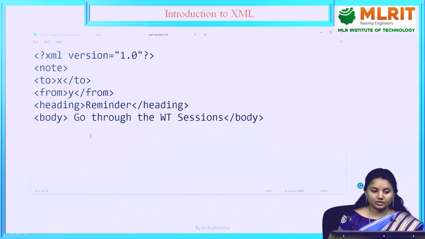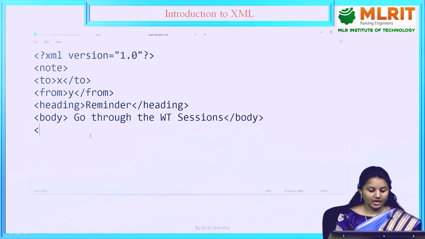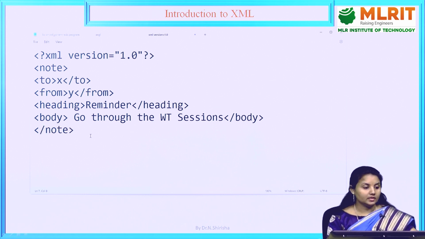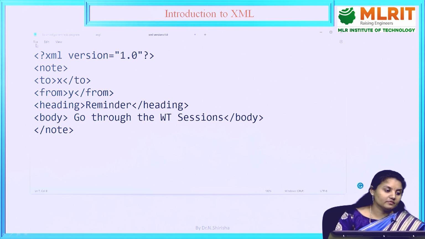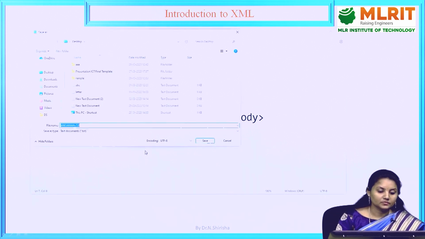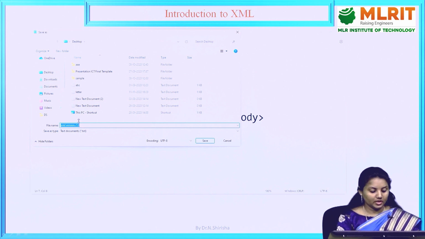So this is not well formed. To make it well formed, what do we have to do? We have to close a note. Now every XML program will be saved. So just click on Save As. On the desktop only, I am saving it as